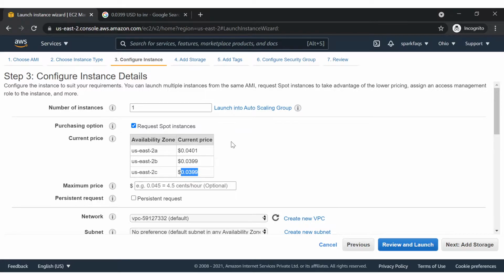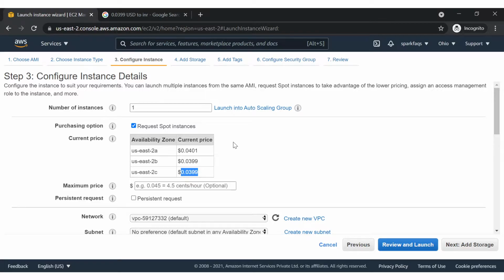So we'll go for low cost VMs. For that, AWS provides something called a Spot instance. Spot instances are basically instances available in AWS, which you can call spare instances, resources which are not used.